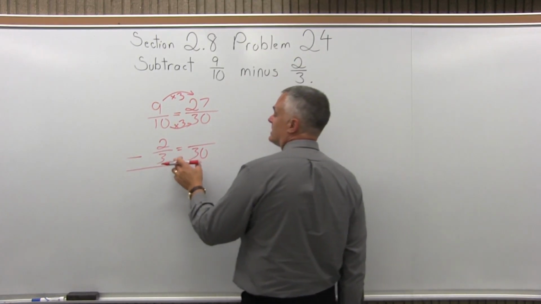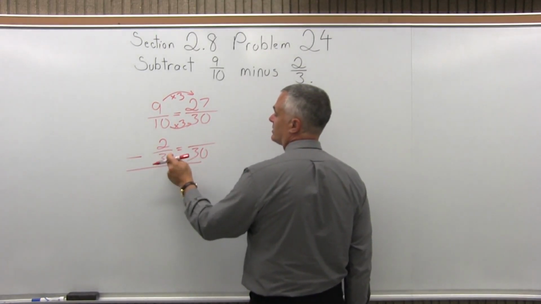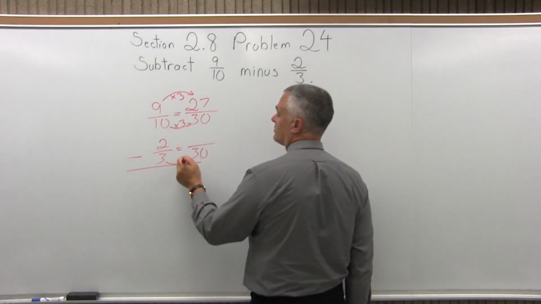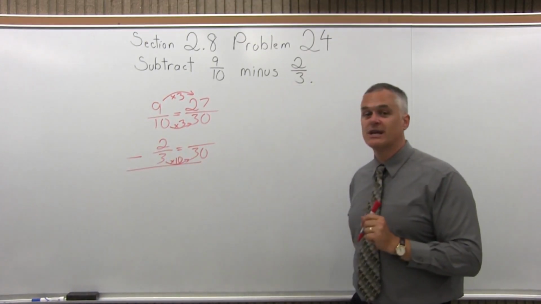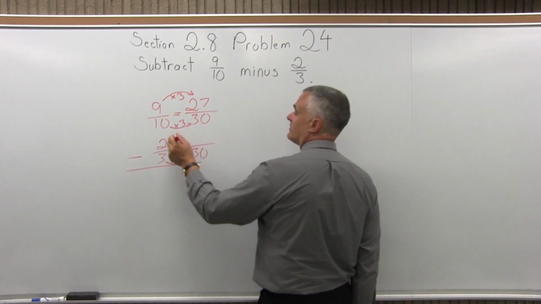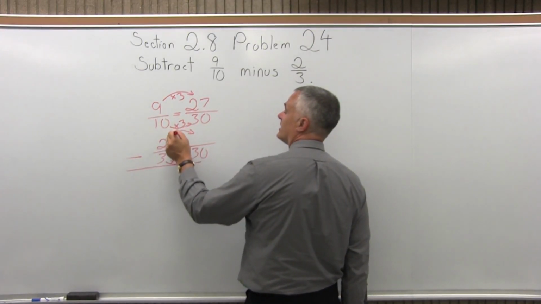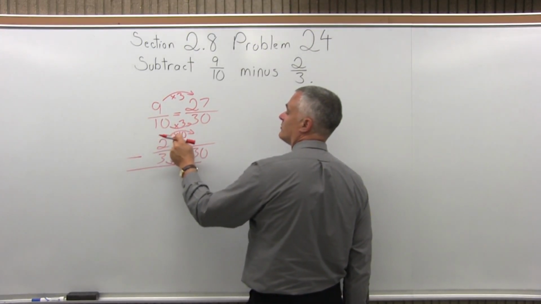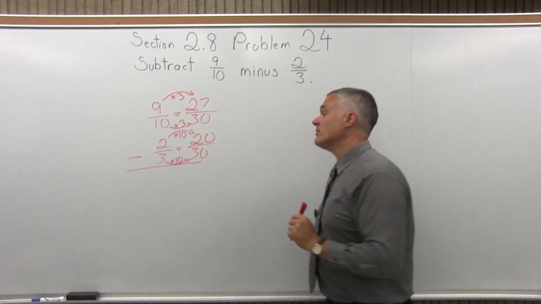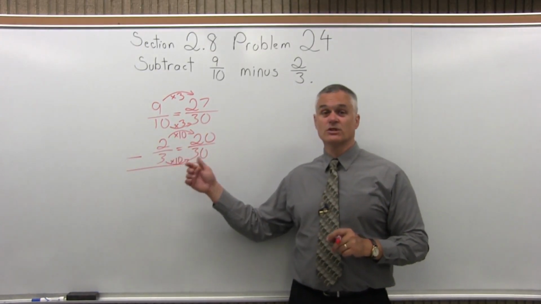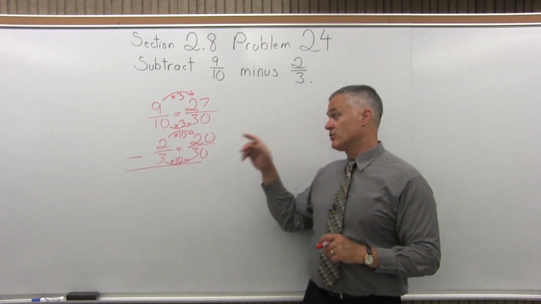want. Do the same process with the lower fraction. Look at the denominators, 3 and 30. 3 times some value became 30. Well, it's 3 times 10. So take that value of 10 and multiply the numerator times the same value. The numerator of 2 times the value of 10 gives me a 20. So 20 over 30 is equivalent to 2/3, but again, it has that common denominator of 30 that I want